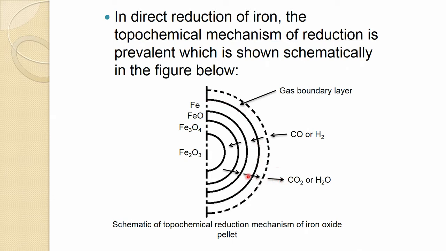So, CO2 is diffused out from that, and CO also has to diffuse in through this thin layer of the gas to reach further or to reduce this further. So, then it reduces to FeO, again CO2 is formed which comes out, and this CO again diffuses further, more CO from the outer gas through this gas boundary layer, and it reduces FeO and makes